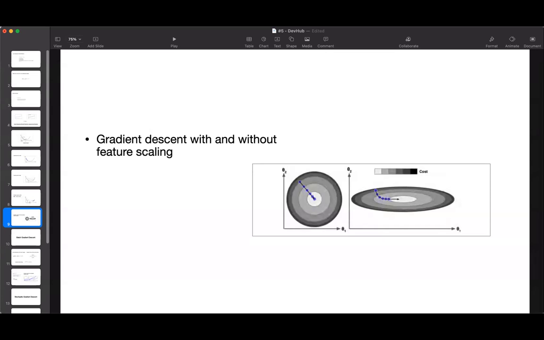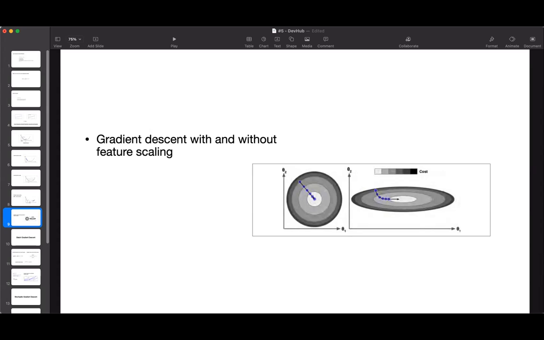So it is reaching the minimum quickly since it goes through a straight line. Whereas on the right side, it first goes in a direction almost orthogonal to the direction of the global minimum. See, it is going perpendicular to the direction in which it needs to go. And it ends with a long march. It is going a longer path than the diagram on the left. And then it reaches an almost flat valley. So it will eventually reach the minimum, no doubt in that, but it will take a long time. That is why feature scaling is important. All the features should be on the same scale for gradient descent to perform.